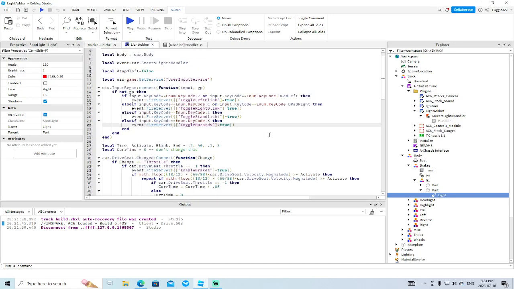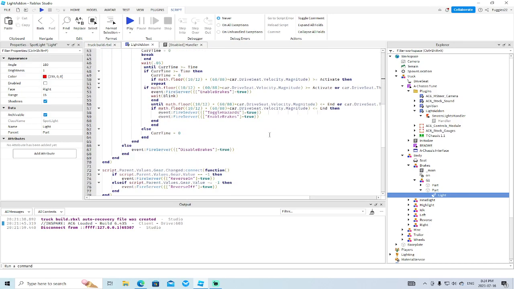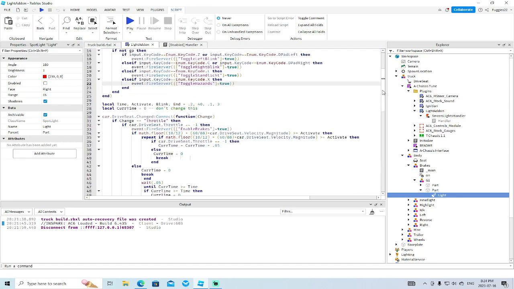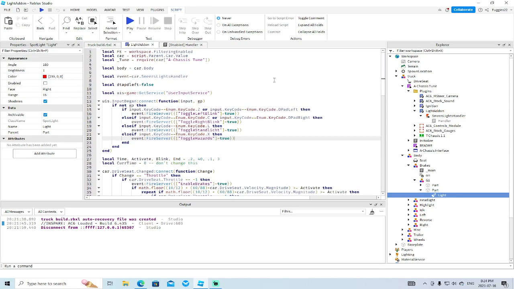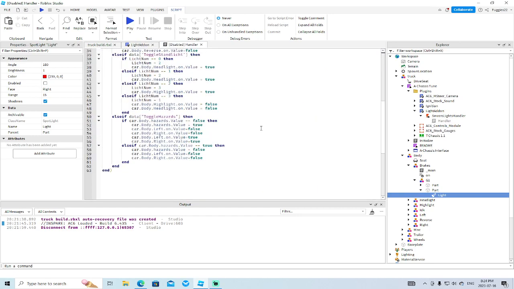Not this one. Yeah, somewhere in here. Anyhow, you need to change the name of the light to light. Otherwise, we'll find it. I'm sure we'll find it while we're going through here. Okay. So now,